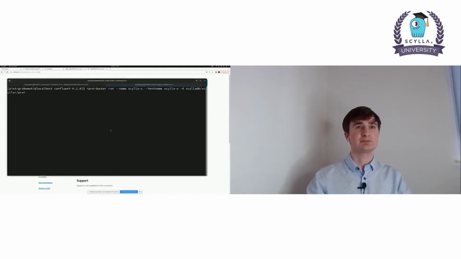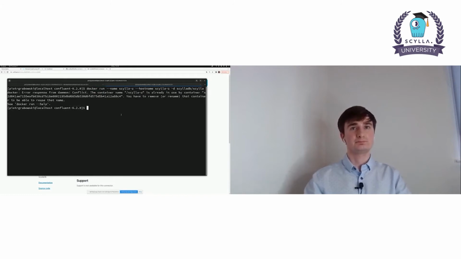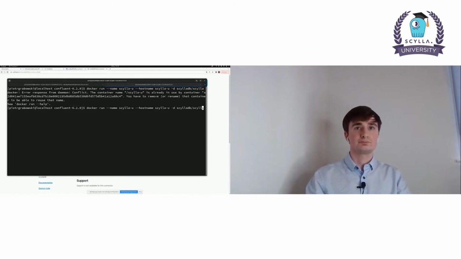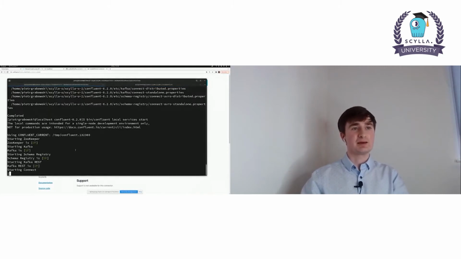So I'll start the Scylla container. I've already started one before. So now it's working, and it's starting up. In the meantime, the Kafka Confluent platform is starting.